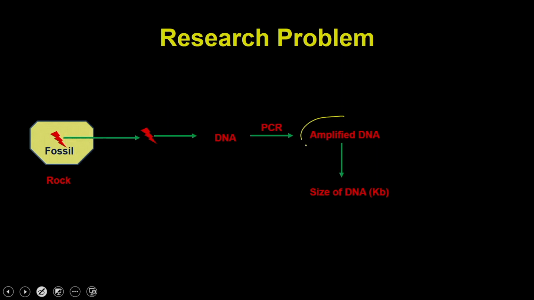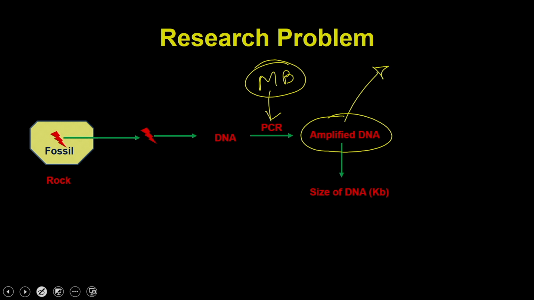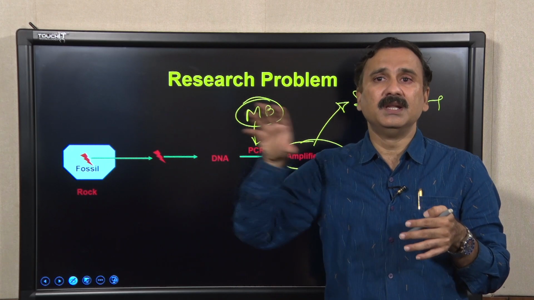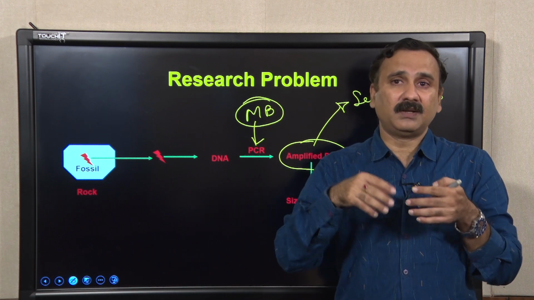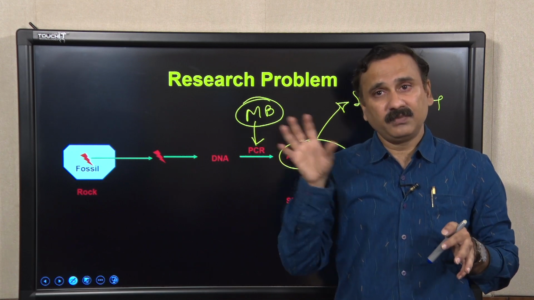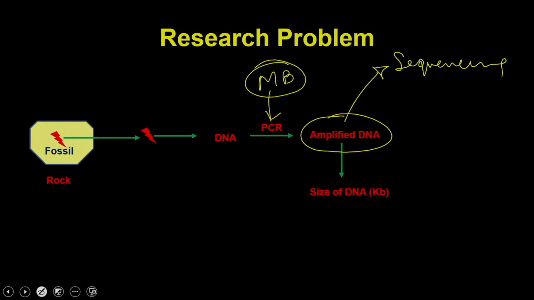For example, you got this amplified DNA. First thing, you have added a tool from molecular biology. The second is, once you got this amplified DNA, then you can do sequencing with the help of either Sanger's method or the Maxam-Gilbert method. So you can get the sequence. Once you got the sequence, then you can clone this DNA. When you got the sequence, you can do different kinds of reactions. So once you have done the sequencing, what will happen? You are going to get the sequence.